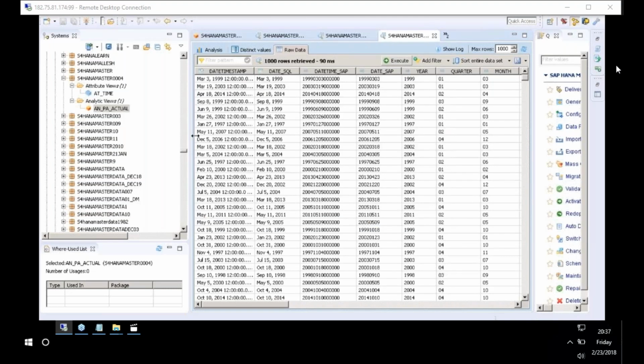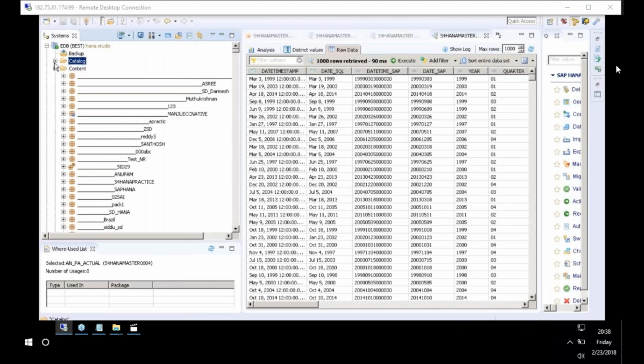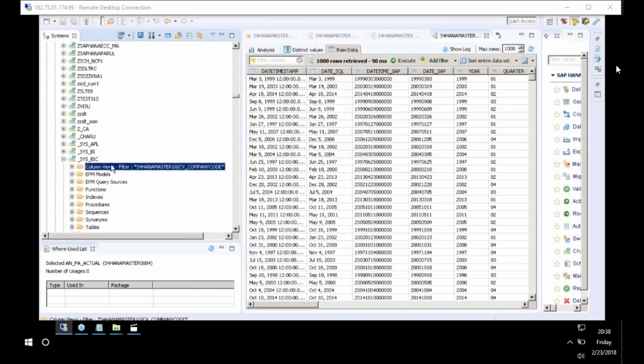Let us scroll to the top, expand the catalog, go to a schema _sys_bi. Under the BI schema, you see another schema called _sys_bic. Expand the schema, right click on column views. So here,